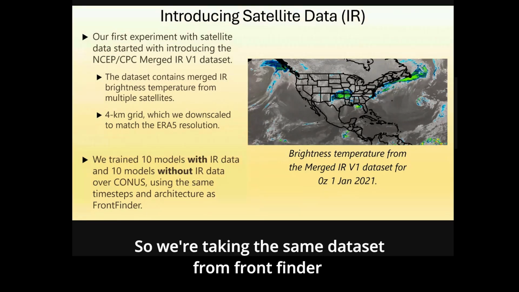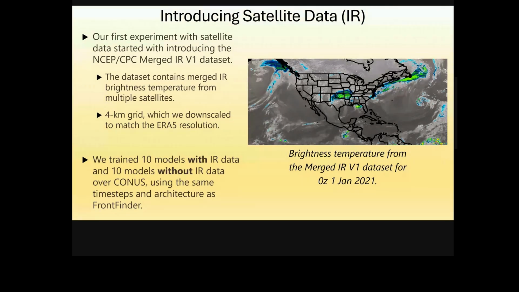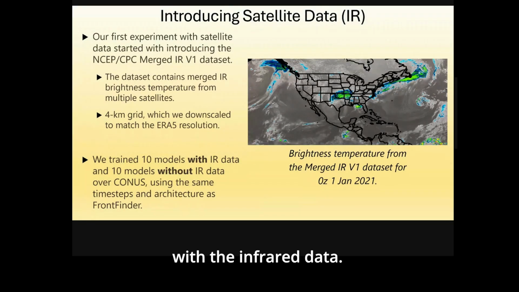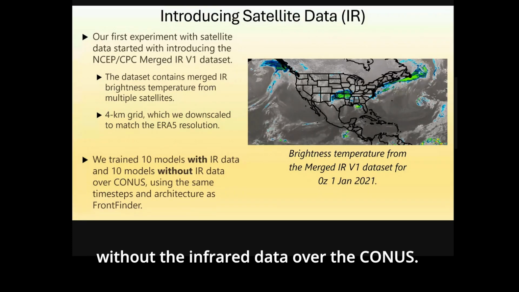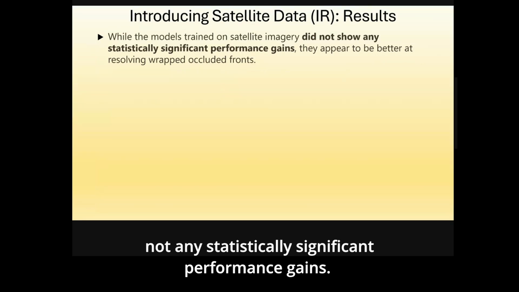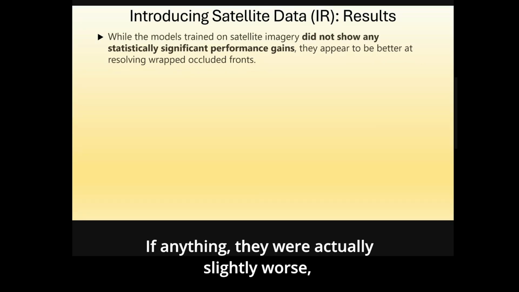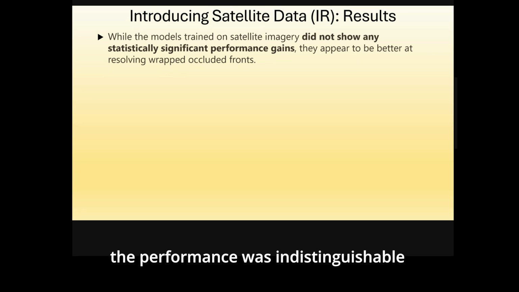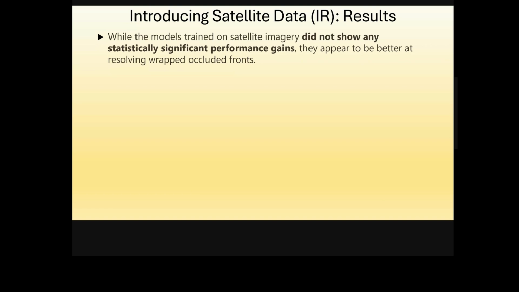So we're taking the same data set from Front Finder and the same architecture, and then we trained 10 additional models with the infrared data, and then we trained 10 models without the infrared data over the CONUS. And what we found was that there was really not any statistically significant performance gains. If anything, they were actually slightly worse. But generally speaking, the performance was indistinguishable between the models with satellite and the models that did not ingest the